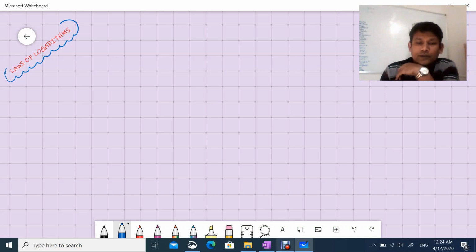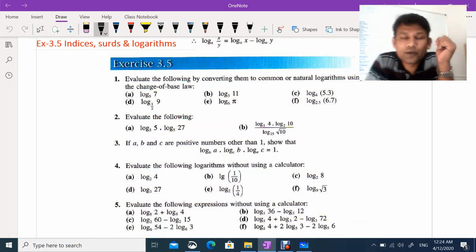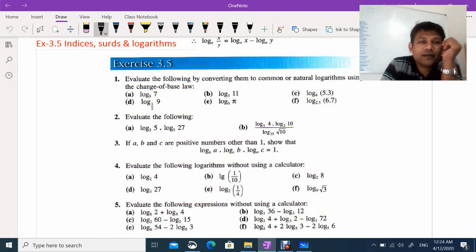Hi everyone. Today's topic is exercise 3.5 additional maths. This is the topic of Indices, Surds and Logarithm. This topic is from the O levels additional maths paper. Okay, before starting Indices, Surds and Logarithm for exercise 3.5, we should know